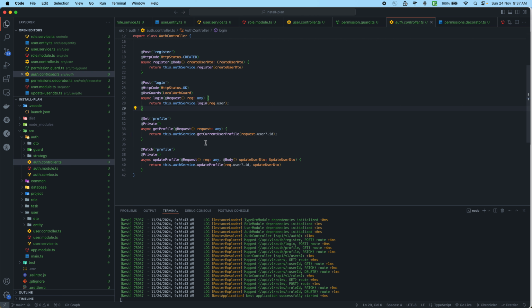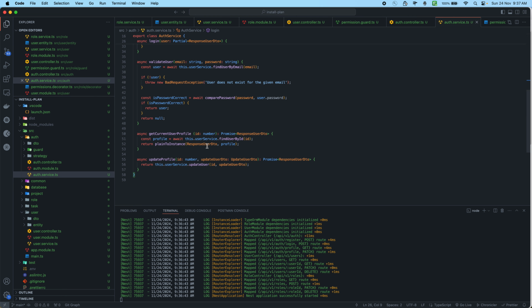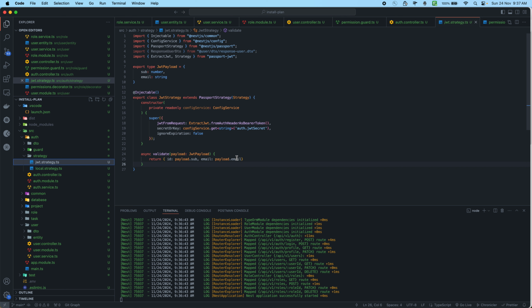So how will that happen? If I go back in login, I'll show you we created the access token with this payload, but this time we'll have to modify it to include role as well, and then we will extract the role in the strategy, and in JWT we will also include the role,